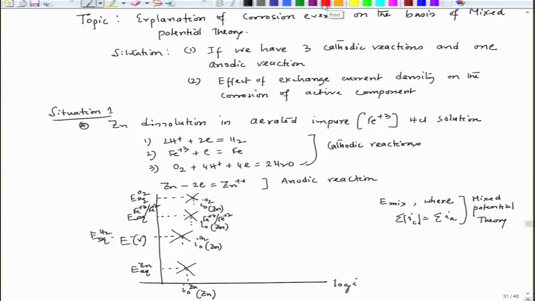So, now if we consider, for example, black color for zinc. So, this is my zinc, it will go up like this. Then this will be the extension of this. This is the hydrogen line, the dotted line is the hydrogen line. Let me draw with the blue color the line for iron. So, this is the iron line,